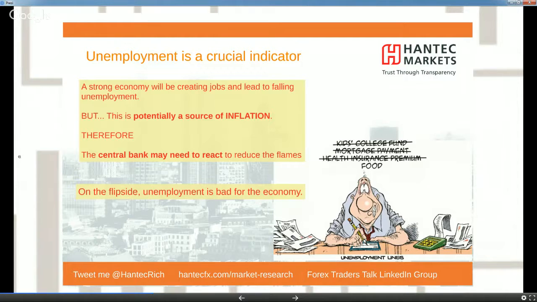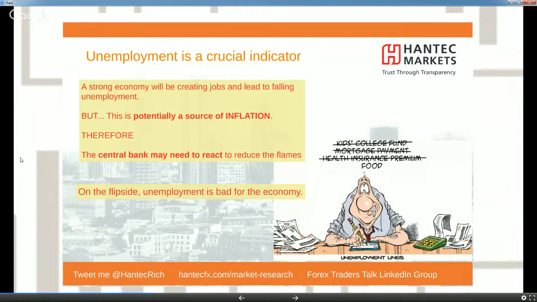Now, obviously there is a clear political benefit from pulling unemployment lower, but ultimately it is often a direct aim for the central bank as well. Certainly the Fed, for example, has as part of its dual mandate the pursuit of maximum, or I think it's the pursuit of full employment. That is actually written in statute for the Fed, that it has to follow. That's why the Fed always talks about unemployment and how the labour market is doing.